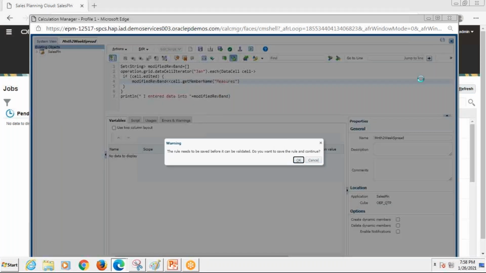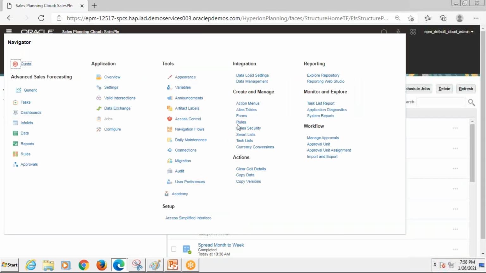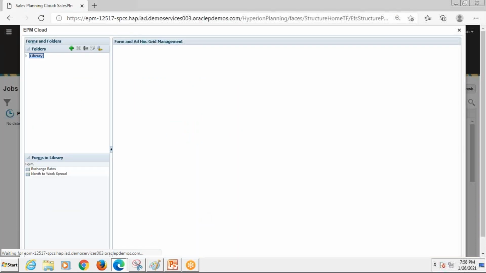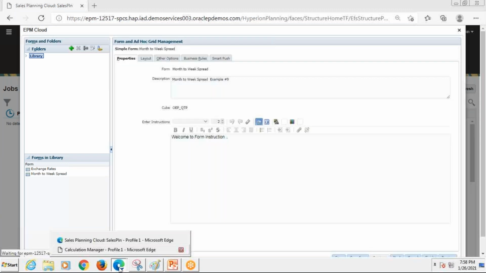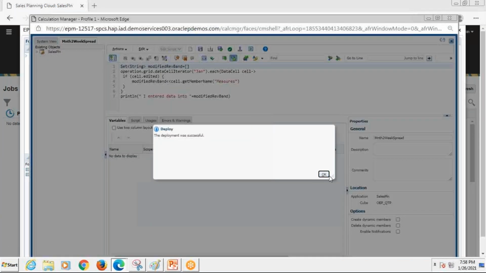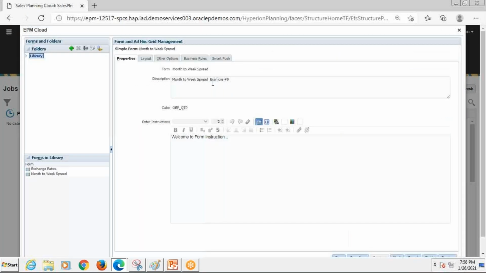Deploying this rule, and after the deployment, we can go to our respective form and attach this rule. At the form level, select the form and the rule. Let me check. The rule got deployed successfully, and the name which I have is MNTH 2-week spread.